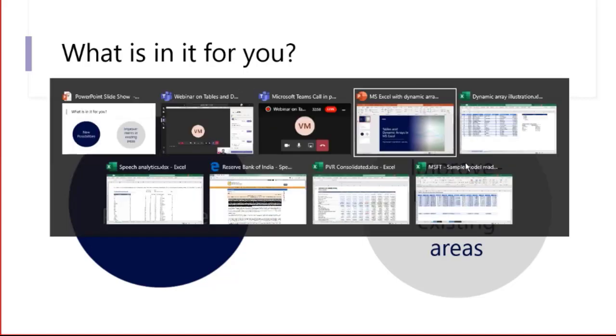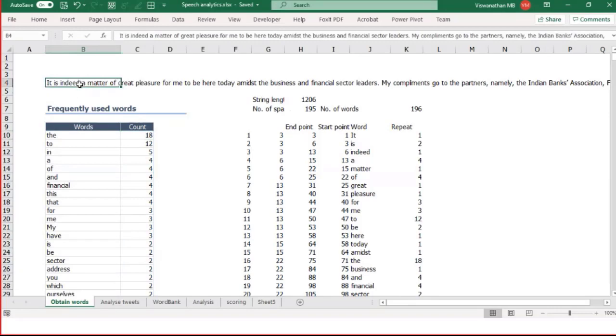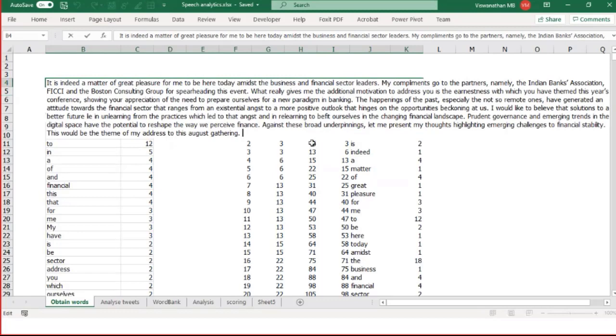Let me switch to an Excel file here. Think of it: if I were to do speech analytics, I have a huge list of text here. This is actually some of the latest announcement from RBI. I have a very big text that runs into several lines here. If I have to read such text, it could run into many more pages. Let's say, as speech analytics, I want to figure out which words are used how often. If I want to analyze it that way, how do we go about doing that in Excel?